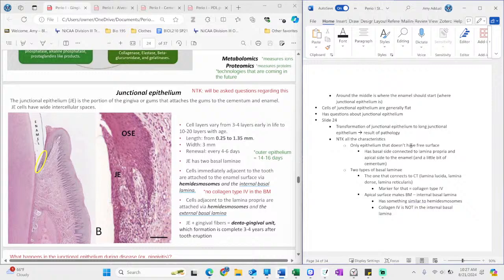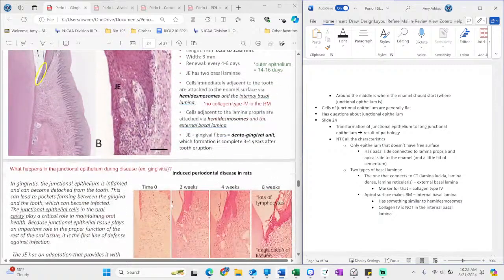What about the external? The external is your normal basement membrane. It has collagen type 4, laminins connected with collagen type 7, and then the collagen 1 in the lamina propria. Think about this. The junctional epithelium, when it's connected to enamel, is not connected to connective tissue. So no collagen. It's the easy way to remember that. Okay? Okay. So the new aspect of the junctional epithelium that I told you is